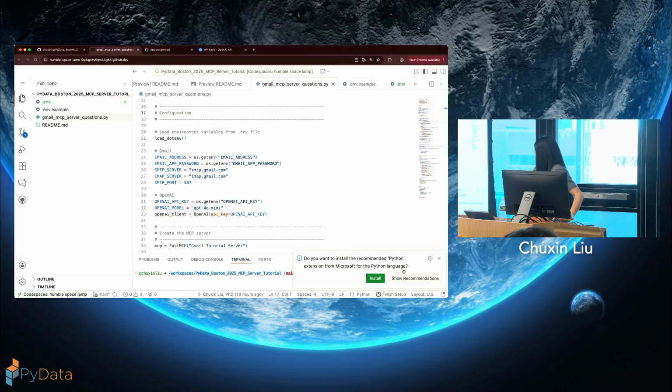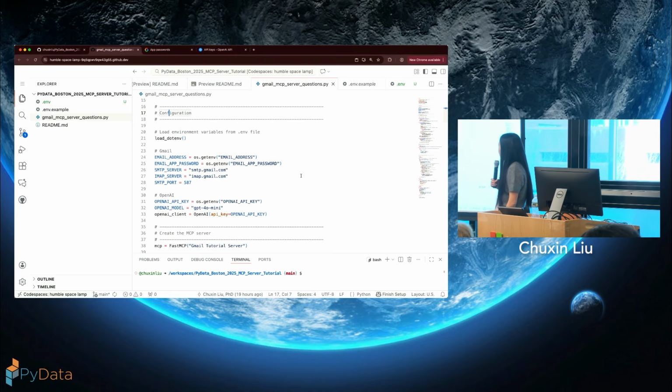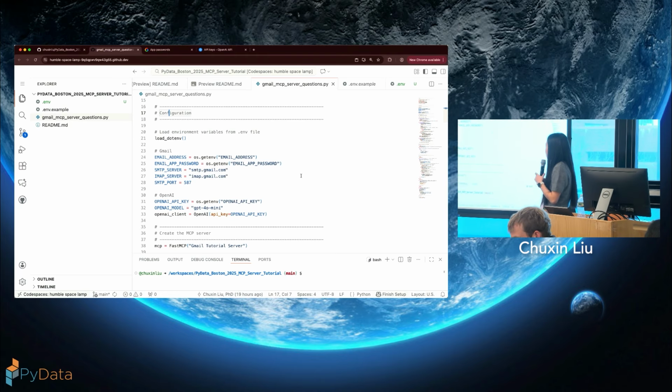I could just close this. So is the virtual env and UV setup already set up? Not yet. We'll walk through that later. Okay, so we have set those things up. We don't run this yet. Let's continue to go through this file.